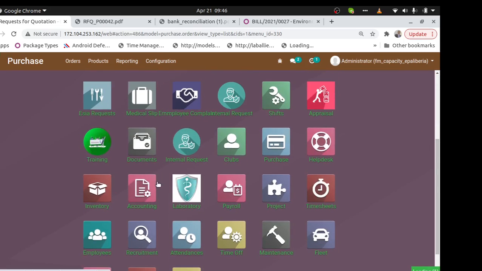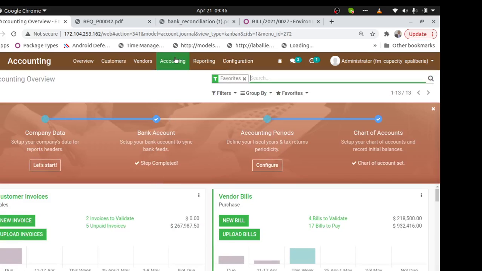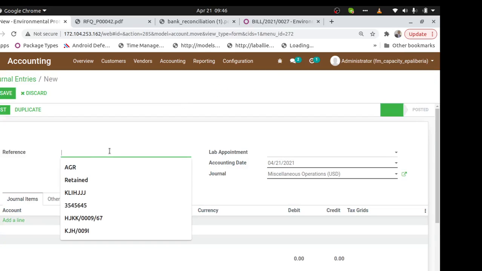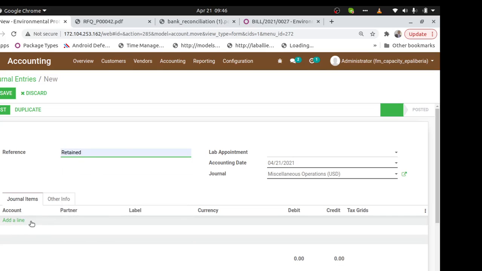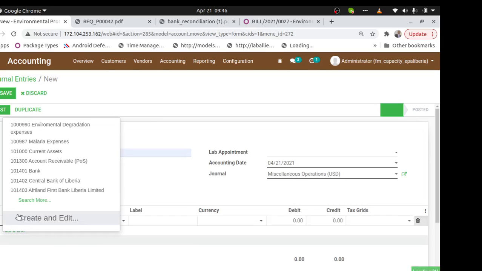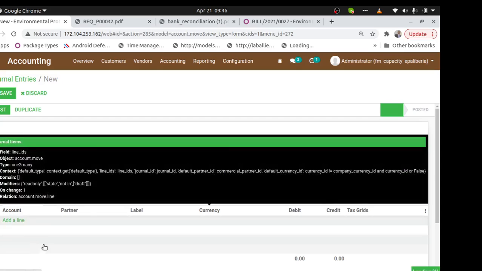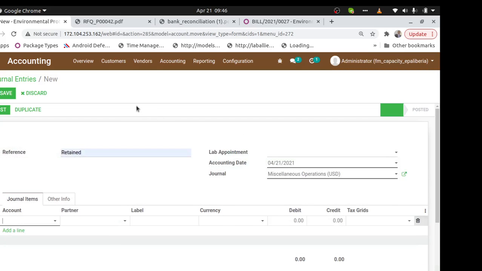The journal entries are there. You can see them from here, accounting journal entries. You can even create a correction journal automatically, reference, add whatever, the account to credit, and add another line for account to debit, and then post when they are balanced, which affects your trial balance.